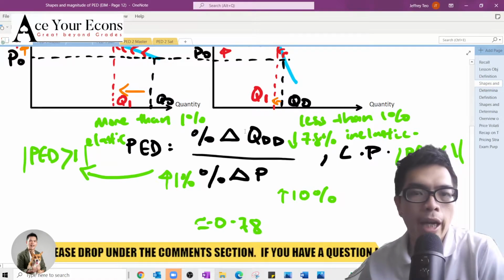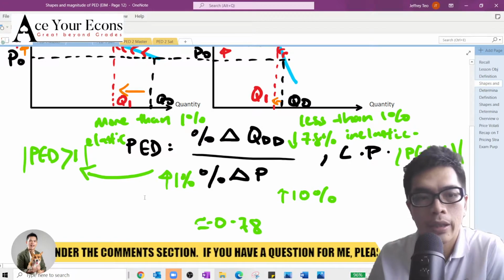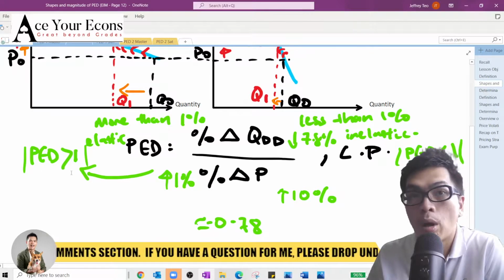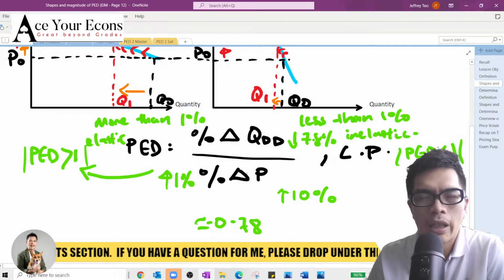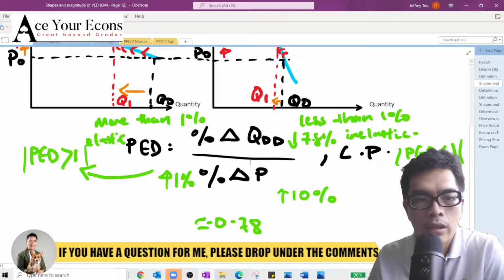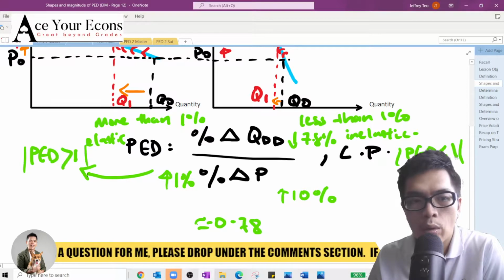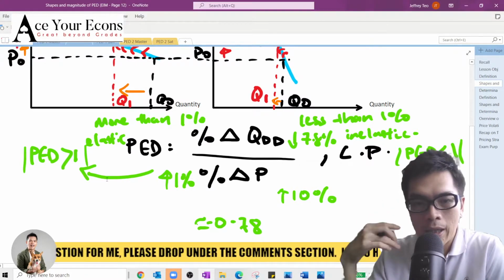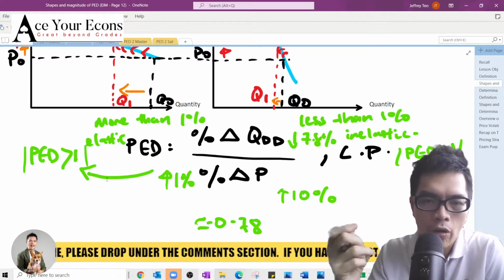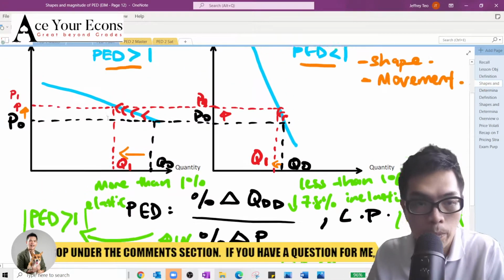So last week we did a recap. We are concerned about, for every change in price, what happens to quantity demanded. We also went through why we need to take the modulus of your PED. Your PED is always negative because of the law of demand, which is why we take the modulus sign, to make it positive. When your PED is greater than 1, it simply tells you that a 1% increase in price will lead to a more than proportional 1% fall in quantity demanded, so your quantity demanded responds more to price changes.